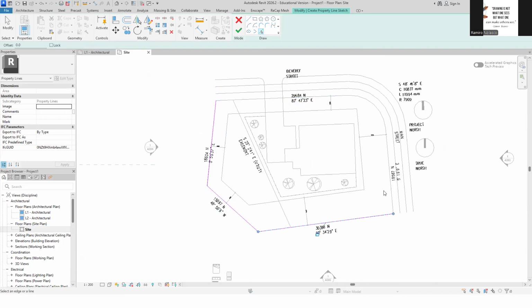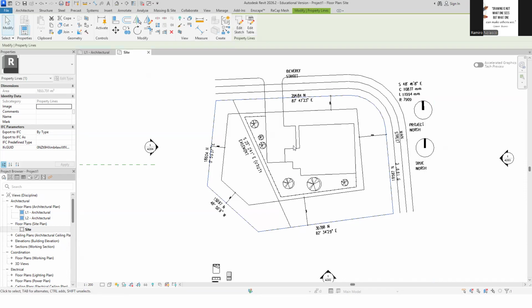Okay. Once it's closed, click on the finish edit mode. Normally, if you are in an edit mode, you cannot get out of it until you click the check or X button. Okay. Now that I have done that, you now have a property line.